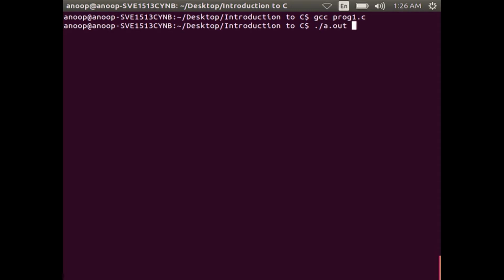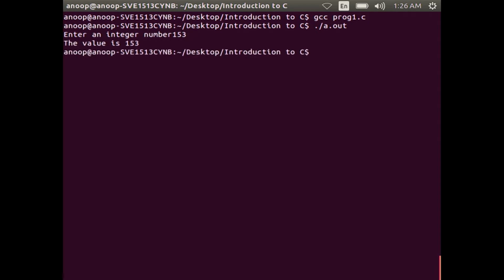So, you can see the system prompt for enter an integer number. Suppose you are entering 153, the output will be the value is 153. In this program, first we print the message on the screen to prompt the user for entering an integer value. This can be done with the printf function. We enter a numerical value of 153. This value will be copied into the variable num.